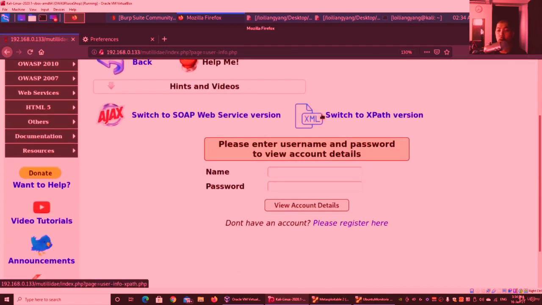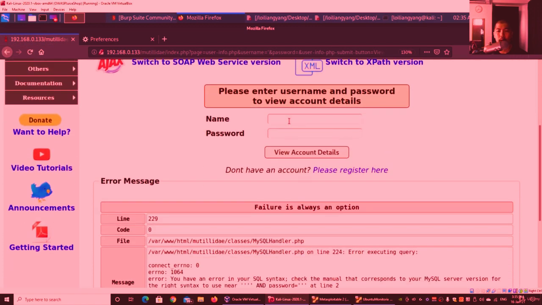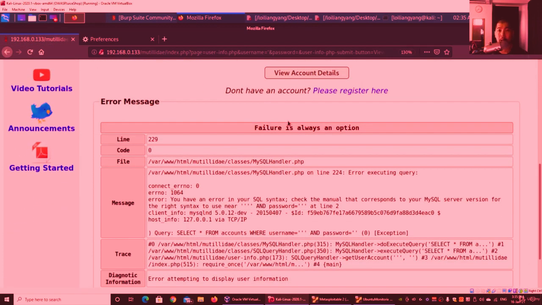Over here, we need a username and password to view account details. Right now, we don't really have a user account registered or created. If I enter some name and password, likely I will not be able to authenticate. So we need some kind of authentication mechanism. The first thing that we can do is always to check whether the login or input form is susceptible to a single quote here. So go ahead and click on view account details, and